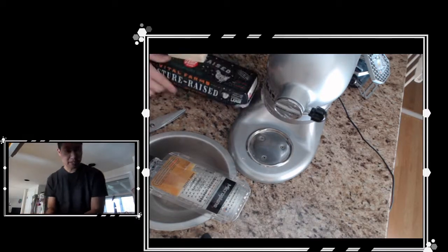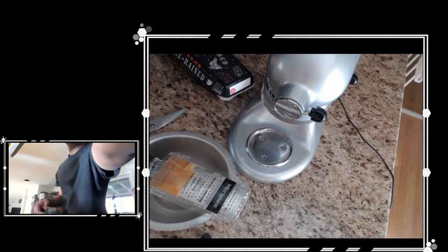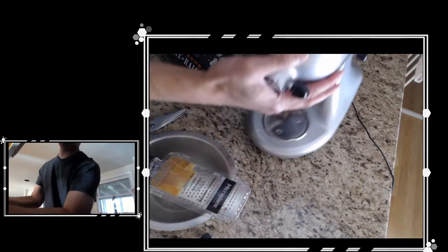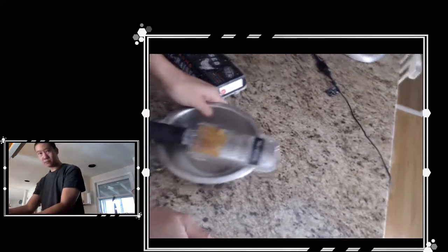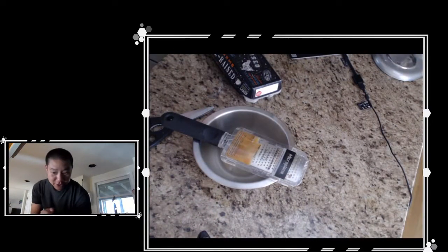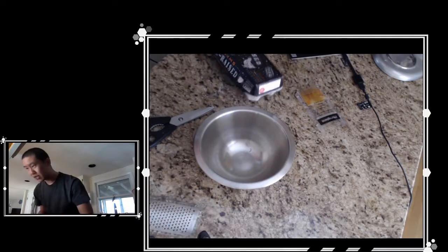I don't know about you guys, it's 11 o'clock here. I'm hungry, so I'm gonna start making lunch. Let me move my blender. Oh god, this is so heavy. All right, while we're here, we're gonna start our modified carbonara. And the first thing I'm gonna do